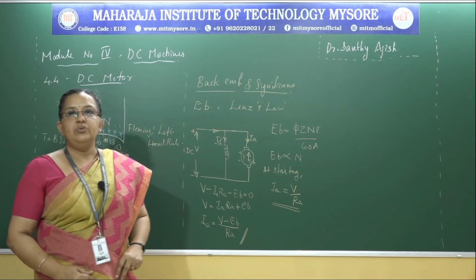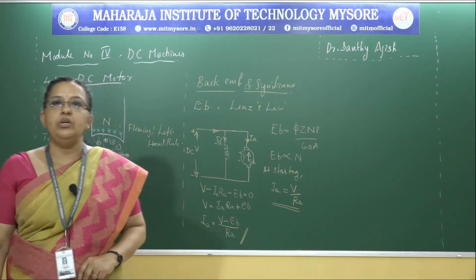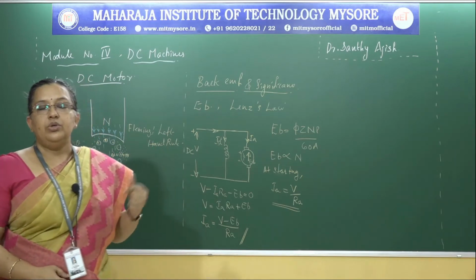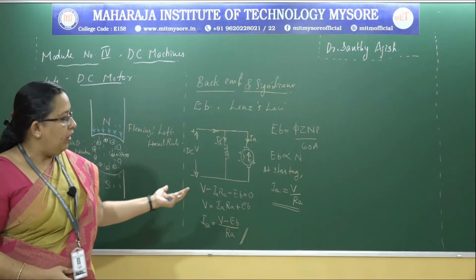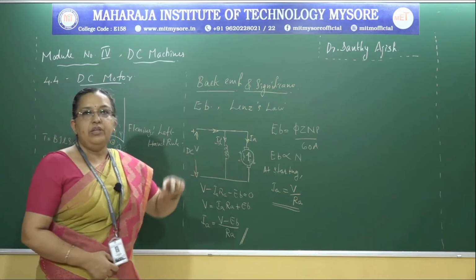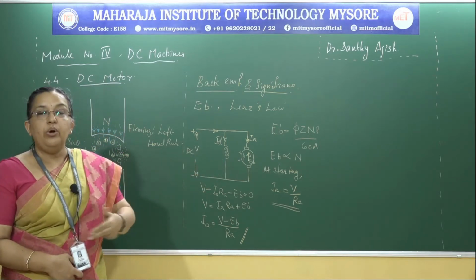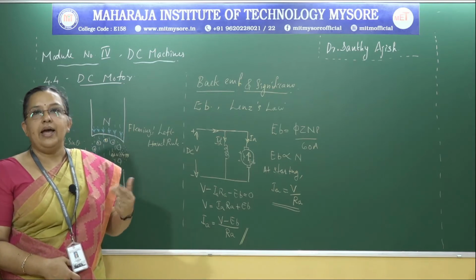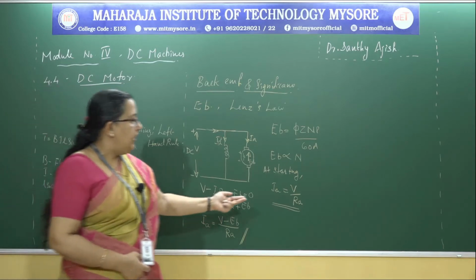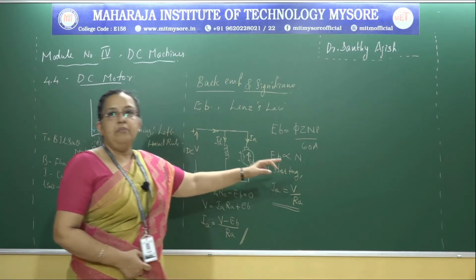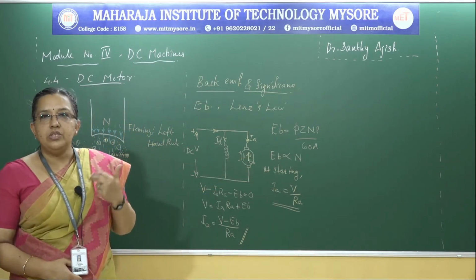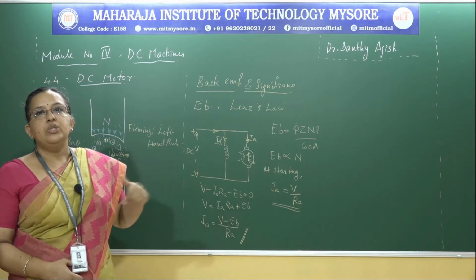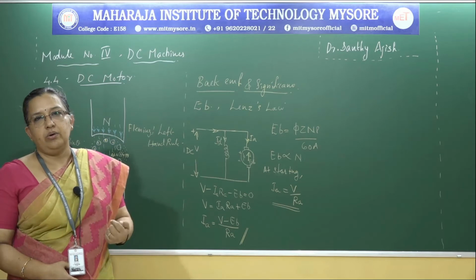This voltage which is generated inside the motor, we call it the back EMF. Now the relevance is according to the back EMF. At starting we know that the load on the motor will be very high, so it needs a high current at starting. Because the back EMF is very less, because the speed is very low, the current produced will be high so as to drive the high torque.